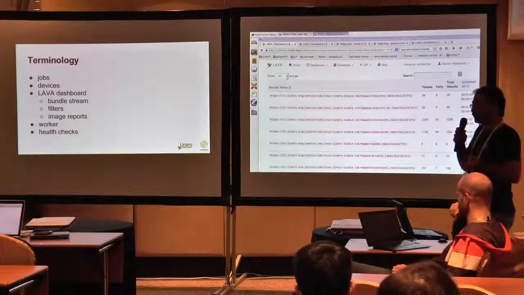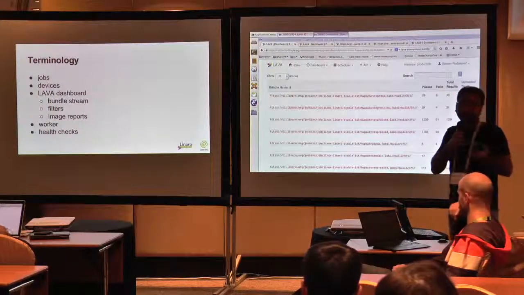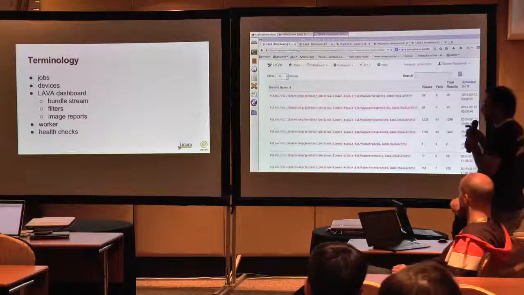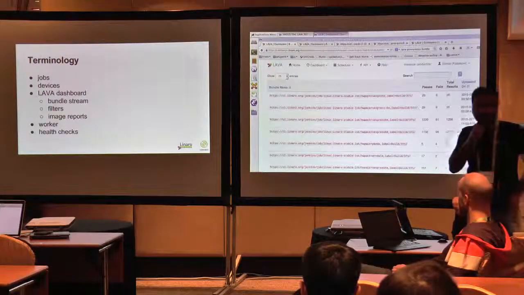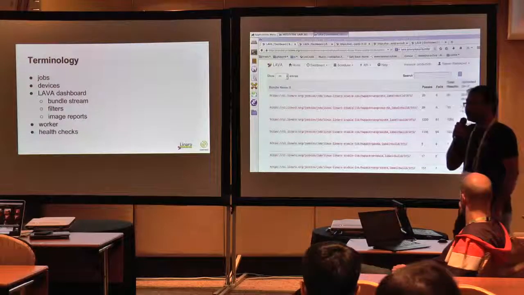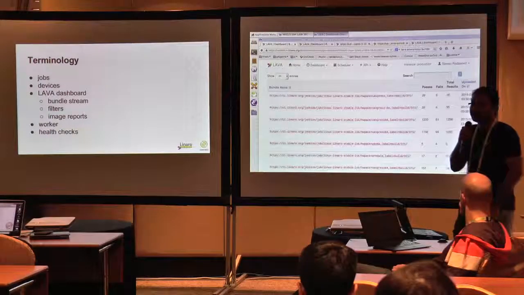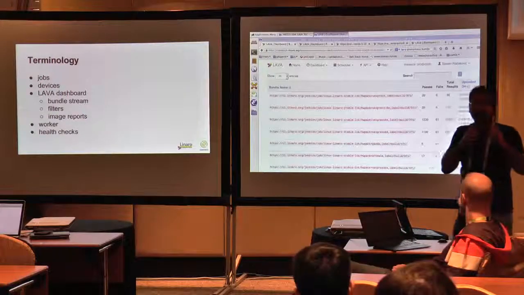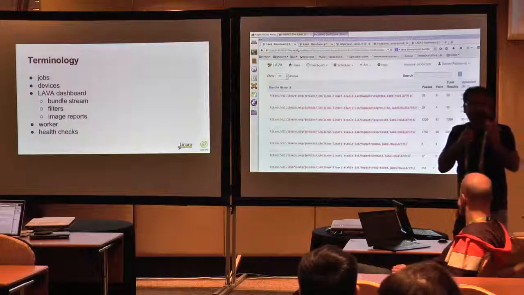So basically, these are how you interpret your test and report different test results. And the other thing is workers. Workers are nothing but Lava instances that could be installed in a distributed environment. It's just like a master-slave kind of setup. You have a master Lava instance which holds a scheduler, and the dashboard which you see is all hosted inside the master instance.